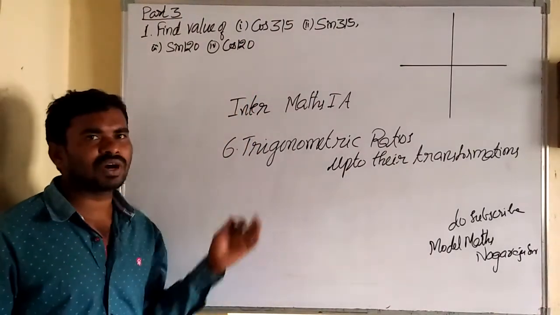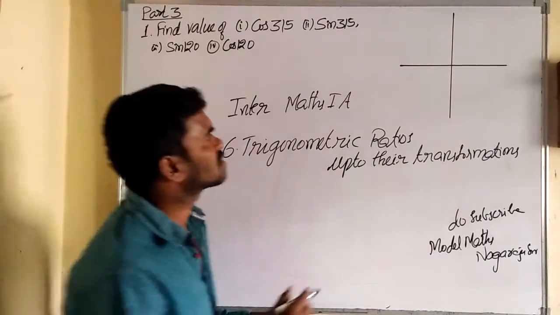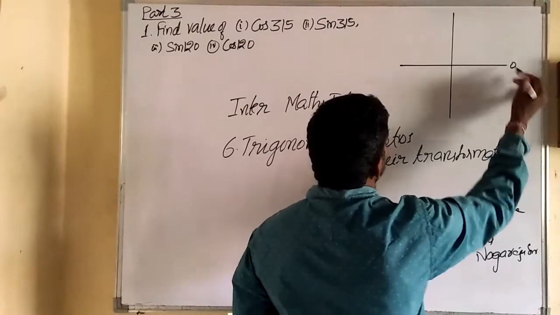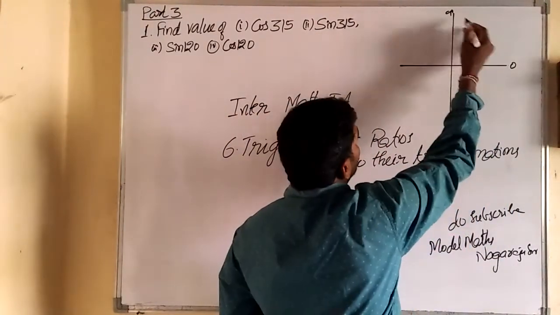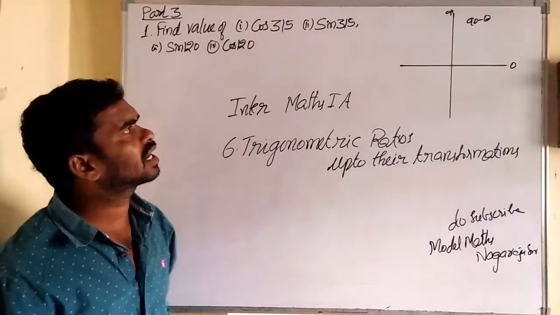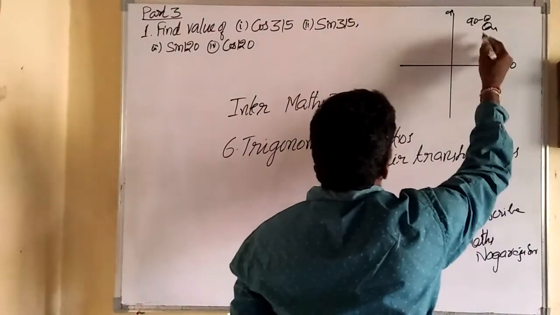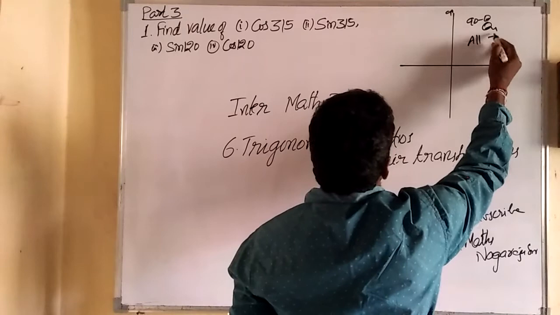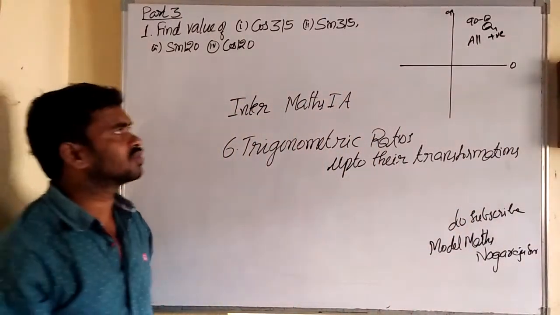I taught a little bit of introduction in part 2 also. Let me recall the previous knowledge. This is taken as 0 degrees, and from here to here is taken as 90 degrees. Between 0 and 90 degrees we can write 90 minus theta, like 90 minus something, which comes under the first quadrant. So this is quadrant 1. In this quadrant all are positive: sin, cos, tan, sec, cosec.